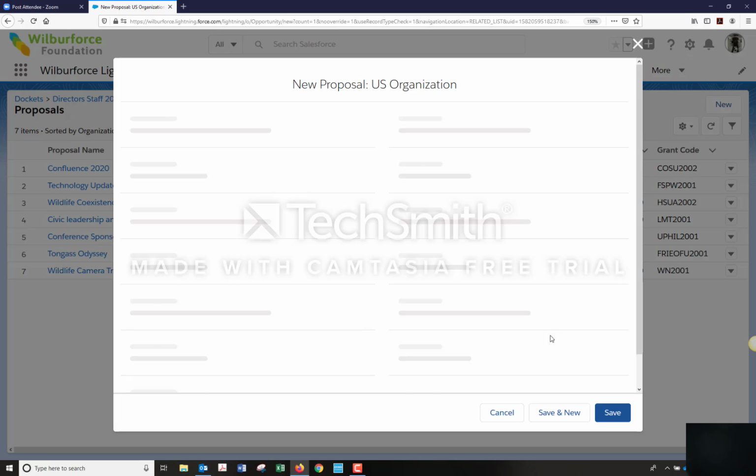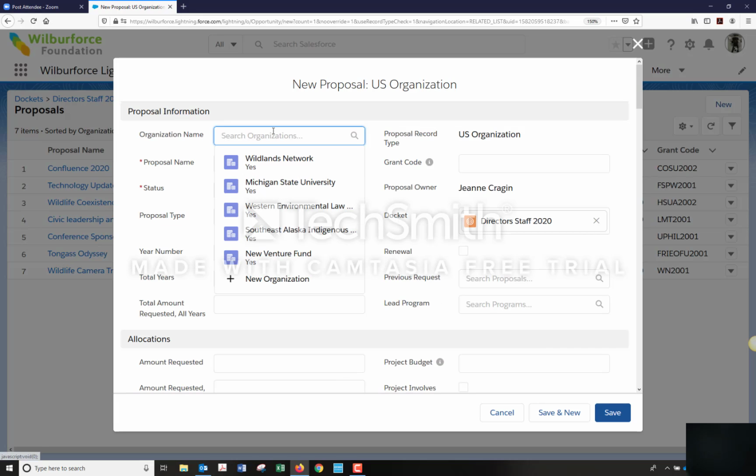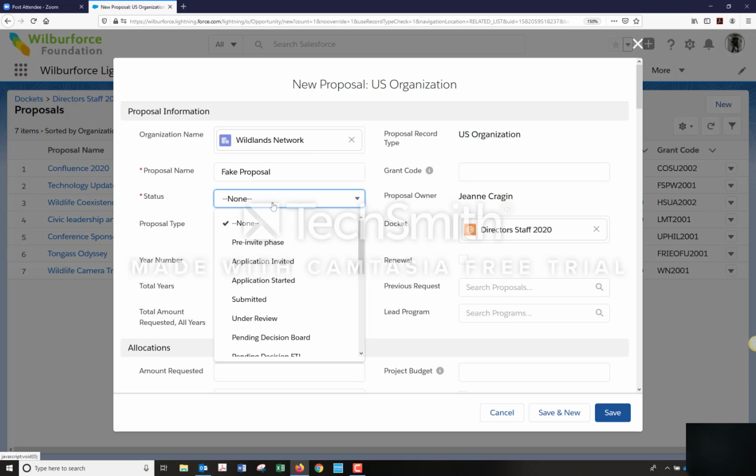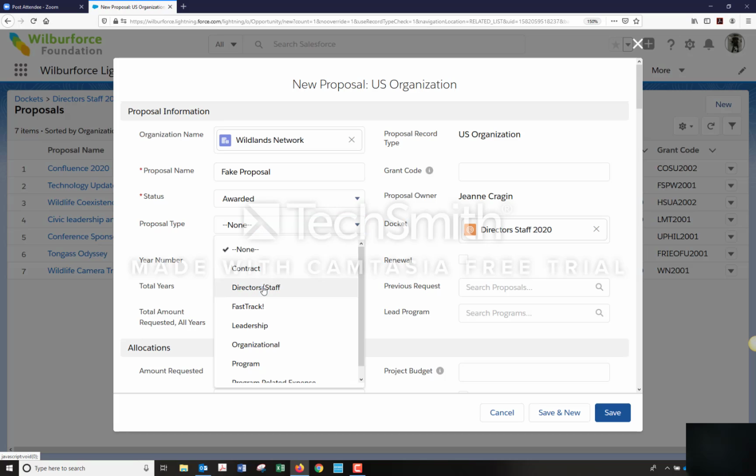No grant reporting on these. Press save. And then you're going to fill out all of these different fields. I'm going to do Wildlands Network. And then you go back in after you've saved it. This is all fake. Change the proposal owner to the person that sent you it. So I'm going to say that it was awarded because staff grants are instantly awarded the moment that, and then you're going to go in and fill in various